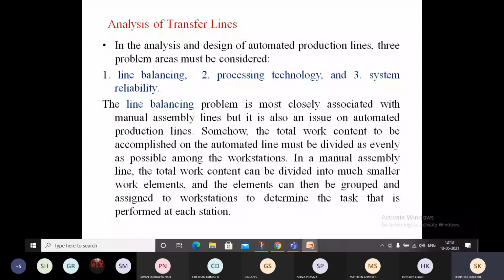Next is the processing technology. Say I am going to do a heat treatment operation, and I have my heat treatment plant at my site. Blindly, please don't believe that we can do heat treatment on all metals. Heat treatment is where we do a hard coating and harden the material to the core or to a certain thickness.